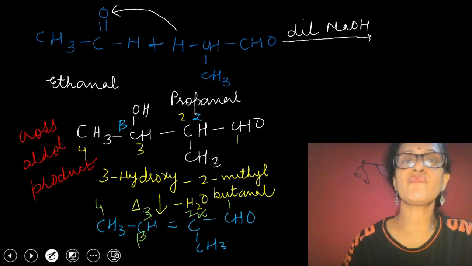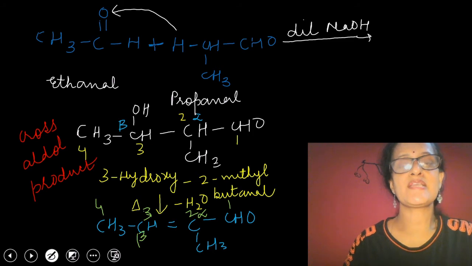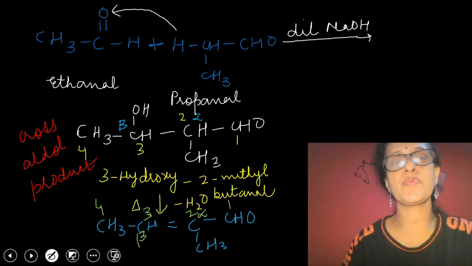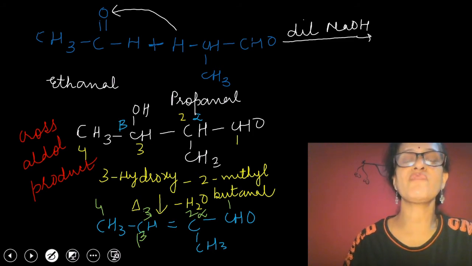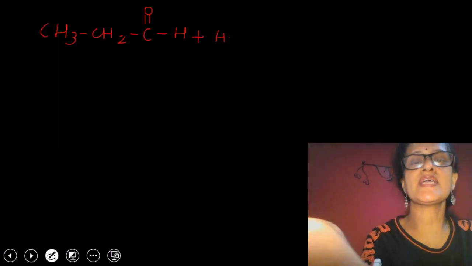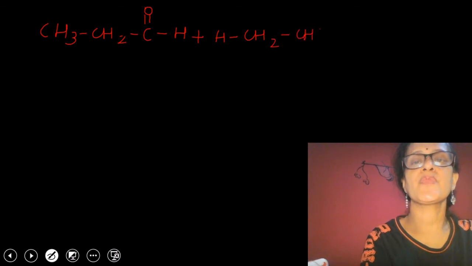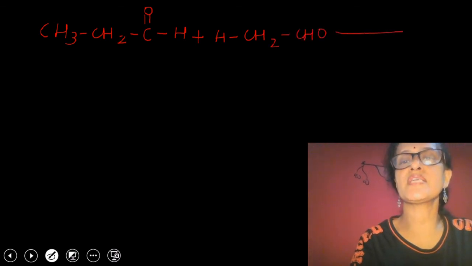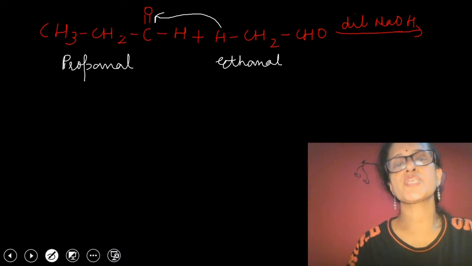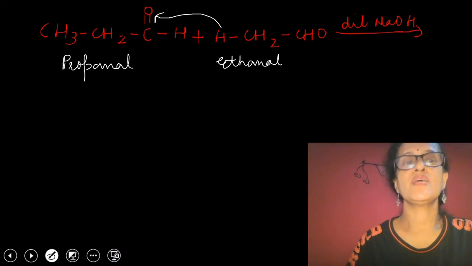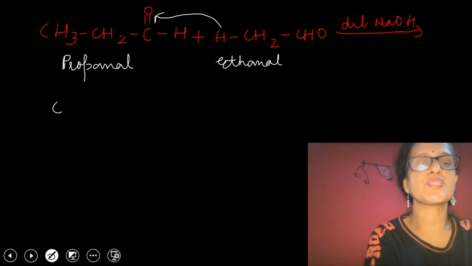Now for writing the fourth product, by the reaction between ethanol and propanol, we will write propanol first and ethanol as the second molecule. So CH3CHO I'll write in such a way that its alpha hydrogen atom is clearly visible. On reaction with dilute alkali, the alpha hydrogen atom of ethanol attaches itself to the carbonyl oxygen of propanol. So the product will be CH3,